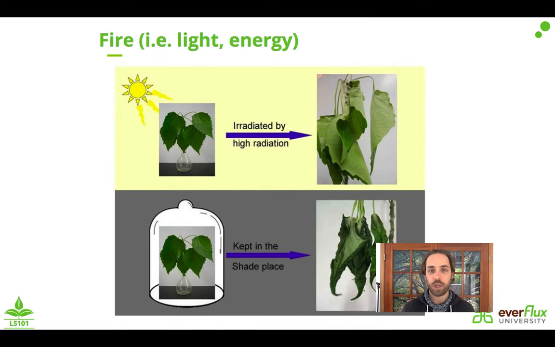So I'm sure everybody knows plants need light, as we talked about, for photosynthesis, for energy. The real question is how much light. Some plants like a lot of direct sunlight. In fact, most of the crops we're going to be growing probably need at least 5 hours of direct sunlight